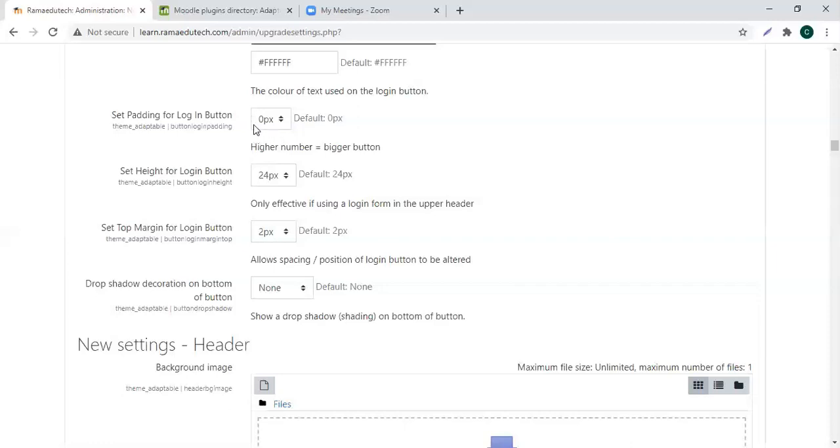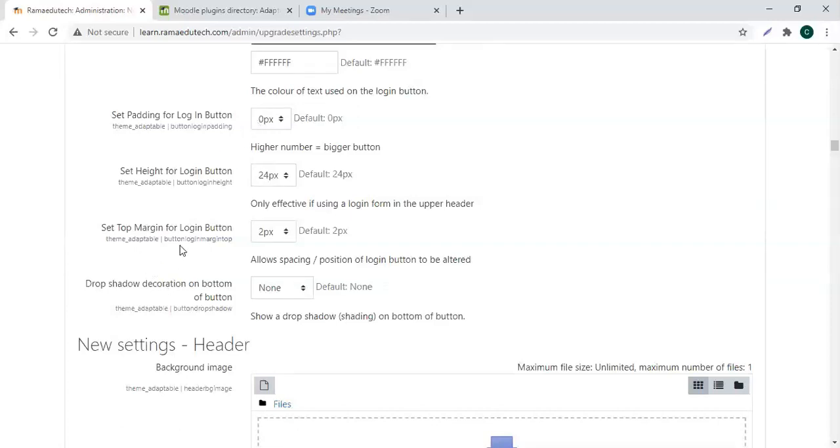The space between the boundary of the box and the content, that is called padding. All right. This is the internal space between the internal boundary of the box. This box might not have a border, or it can have a border. But the space between the boundary of the box and the content inside it is called padding.